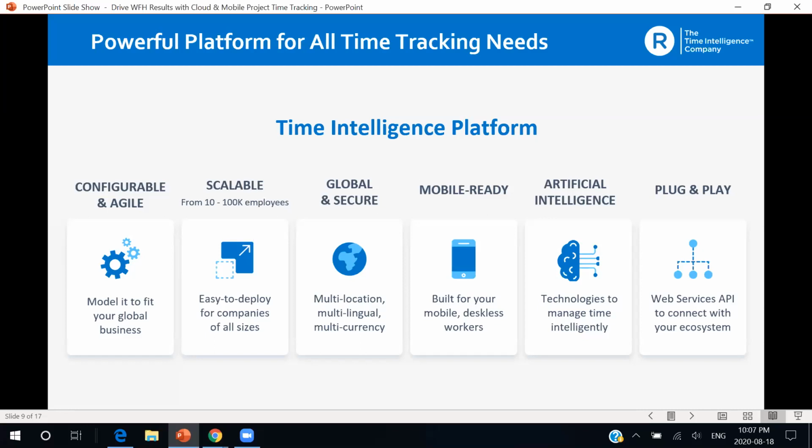And one of the other ways that we make everything easy for everyone involved is through artificial intelligence. So we implement artificial intelligence in our app, in our desktop platform. You'll see it in our smart approval processes, in our chatbot. The list goes on. And we want to make Replicon easy for everyone, all the way from administration down to the end user. So we do everything we can to streamline these processes for every single person involved. And finally, we are plug and play. So we are an open source API, which means we can communicate with any program in your ecosystem. Whether you need to send or receive data, Replicon is there to help you out.